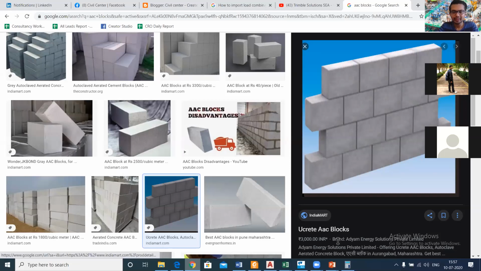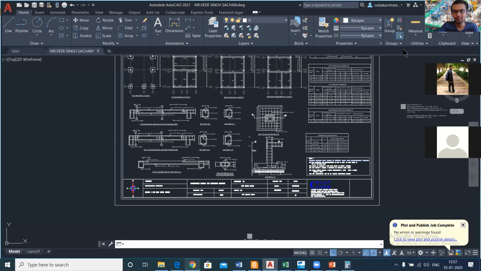Whenever some new technology comes, people generally don't adopt it. If we go for welding, then we can save our costs. And there is another thing: if we go for couplers, it will save more cost than welding. The lap length for couplers is 0. If we have a coupler and just tie it with another bar, then the lap length will be 0. In commercial projects, we can save a lot of cost. Welding saves cost compared to binding or normal lapping or splicing, but we don't generally use it.